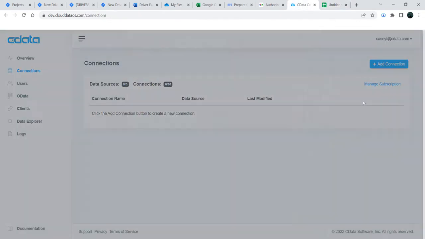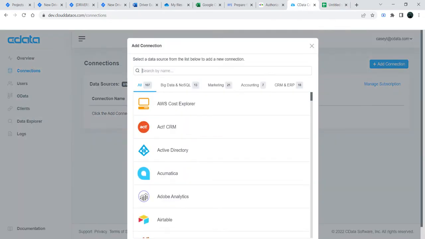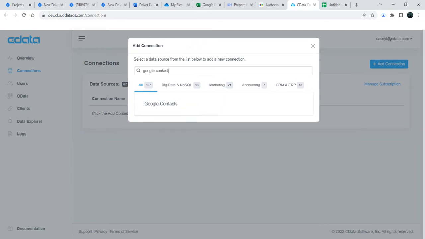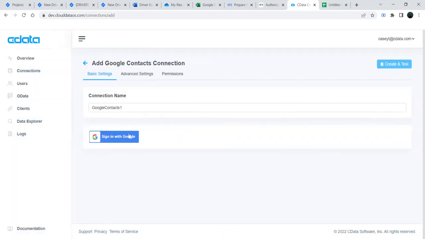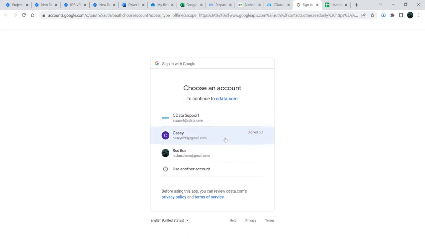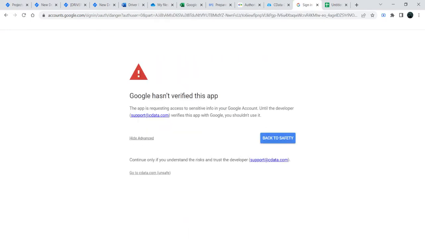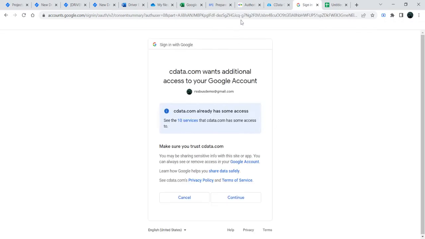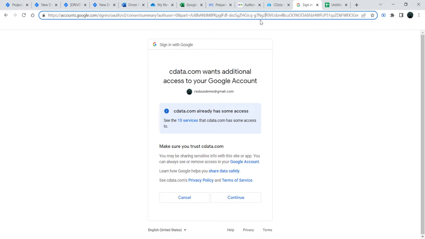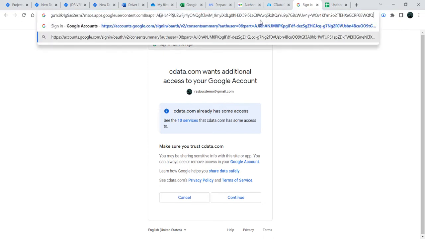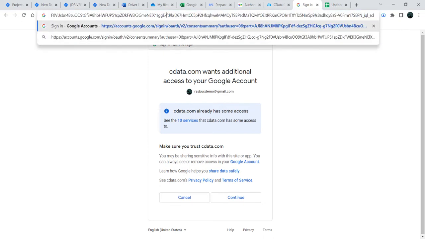So first of all, in order to add a connection, I go here and click Add Connection, look up Google Contacts, select it, sign in with Google, and select an account. And go ahead and go to cdata.com since it's not been verified yet. And up here you can scroll all the way to the end, and down at the end you can see the client ID specified,